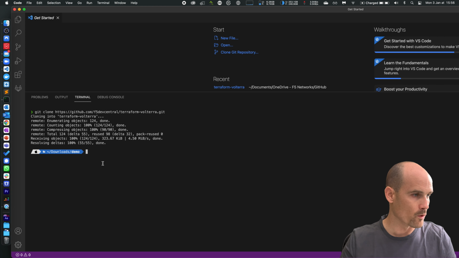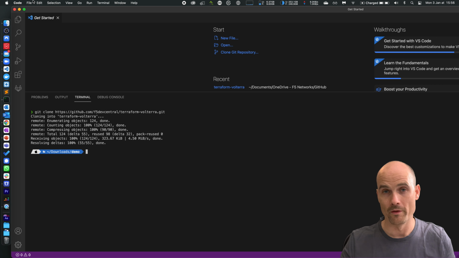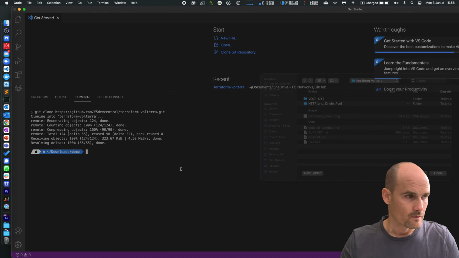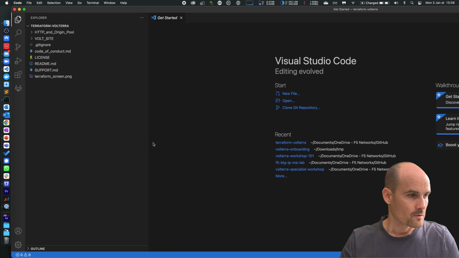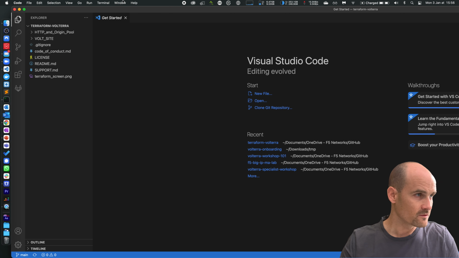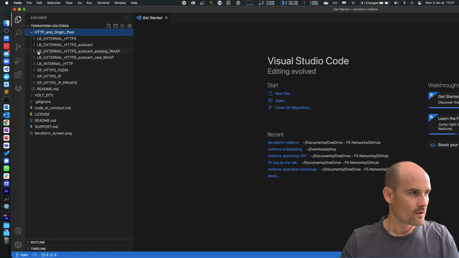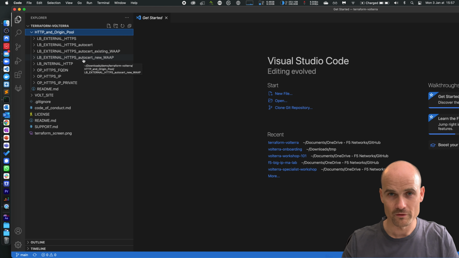When the clone is done, just open the folder. Perfect. As you can see on the left side, there are several folders. We will focus on an external load balancer, HTTPS, with an autocert from Let's Encrypt for a new WAF policy,